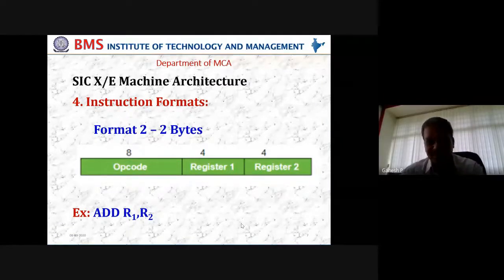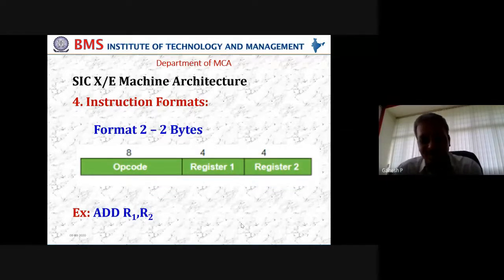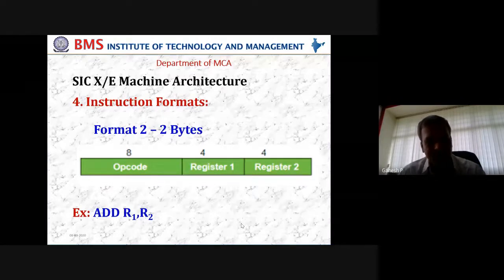Next. So this is the second format. The third format has some more complication; let us see how it is. Before we go to the third format, format 1 is only 1 byte, which is totally reserved for the opcode. The address is taken intuitively. Examples are halt, start, end, stop, and so on.